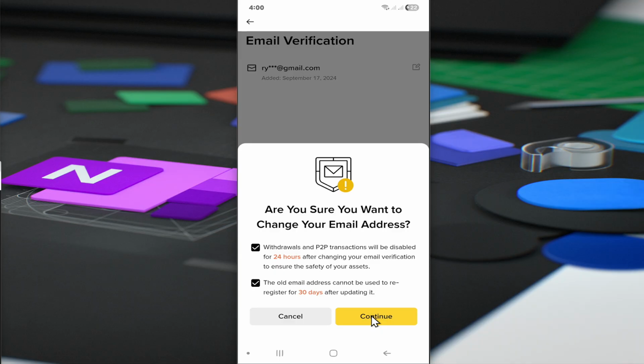Well, I'm not going to do it because I don't want to wait 24 hours, okay? So just hit continue, change the email address. And once that's done, you should be good to go. That's basically it. That is how you change your email address or